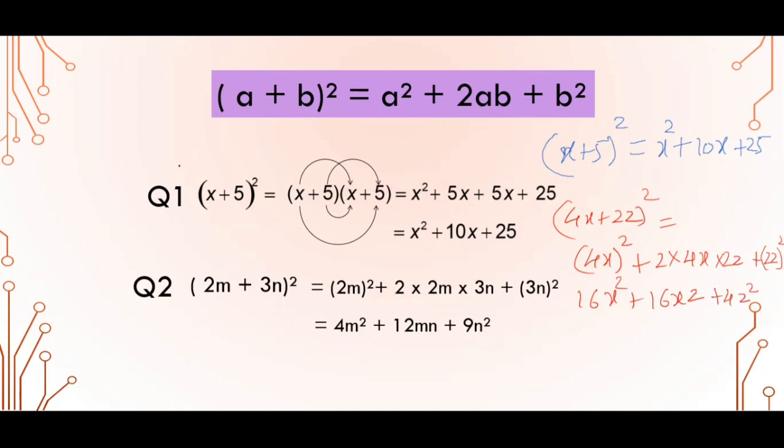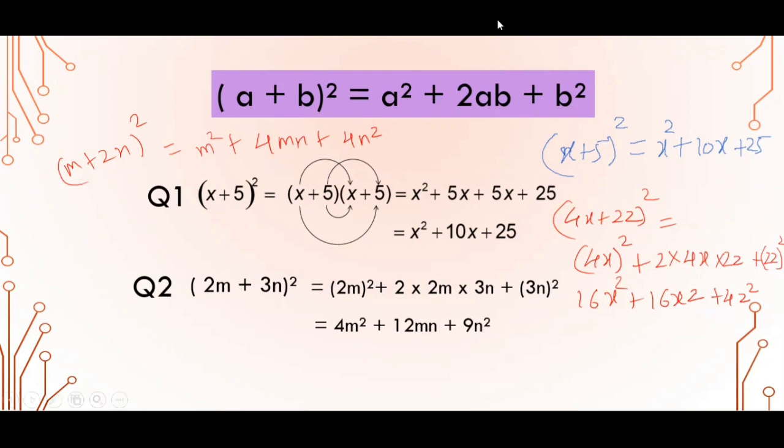Got it? One more you can take. It's easy, children. So simply if you take, say, m plus 2n the whole square. Okay, just comparing, one step answer. So compare with this. Your m is nothing but a, so it becomes m square plus 2mn. So 2ab. So if it is 2ab, 2 into m into 2n. 2 2s are 4, so it becomes 4mn plus b square means 2n the whole square. So 2 square is 4, so 4n square. Got it, children? So how easy it becomes with the help of identities.